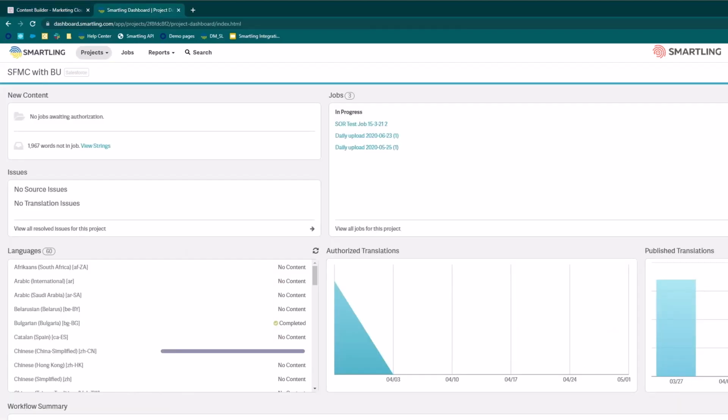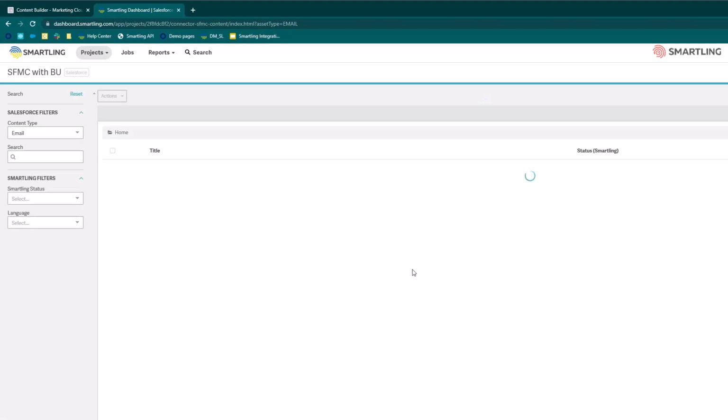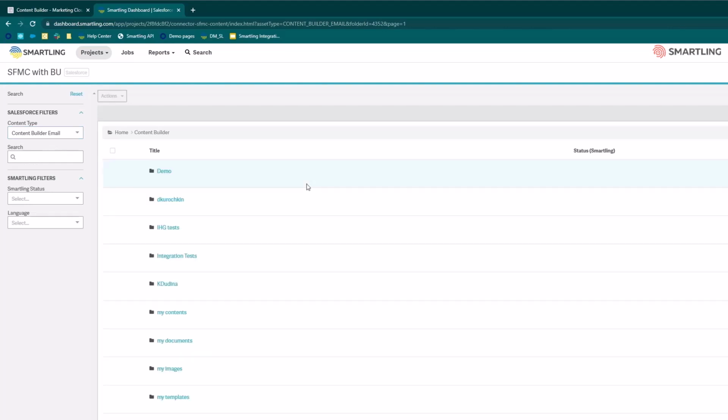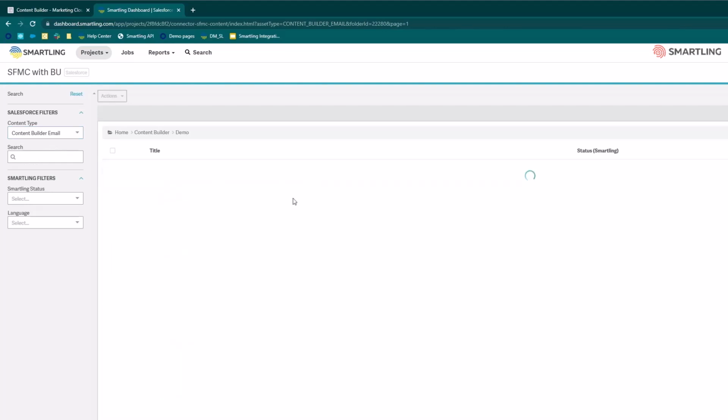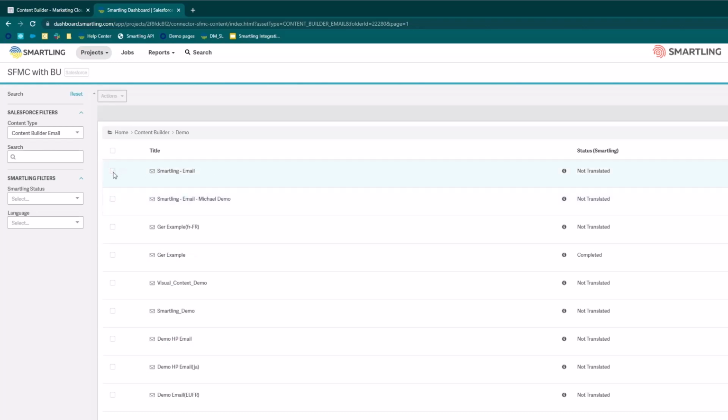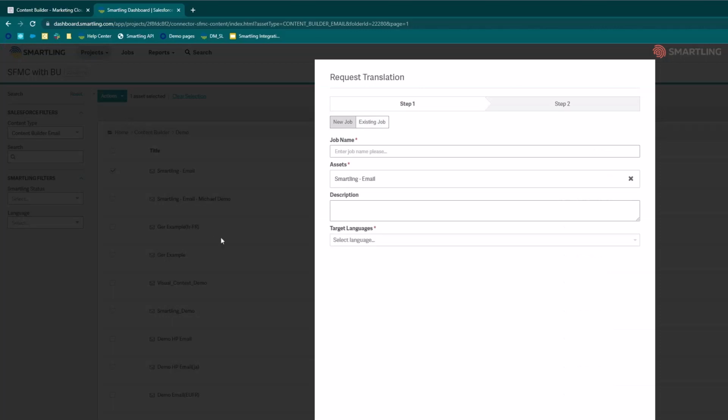We can select the content to be translated by coming into the Salesforce tab, selecting which type of content is being translated, and then either using the filters or by navigating through the content, we can find the item to translate. We can request it to be translated,